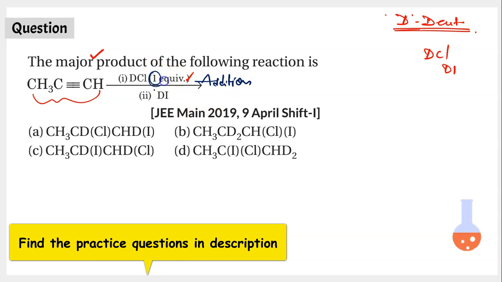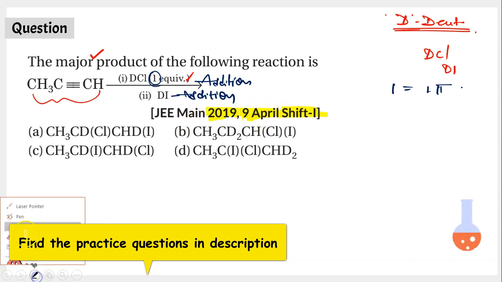And because you have taken one equivalent, you will be able to break one pi bond. But here you have 2 pi bonds, isn't it? Out of these 2 pi bonds, only 1 pi bond is broken in the first step. Then the second pi bond will be broken in the second step. So the second step also is an addition reaction. So you are simply talking about 2 examples of additions. And this question also is picked from the previous year question paper of Mains 2019, 9th April, shift 1. See how easy the kind of questions asked in Mains are. You just need to be logically active to be able to tackle these questions.